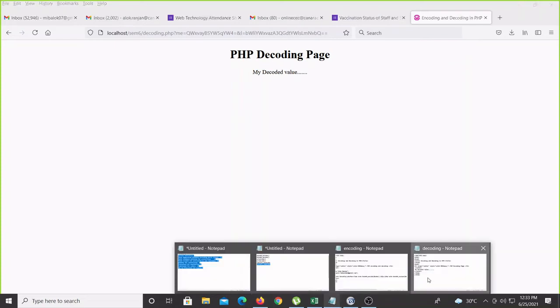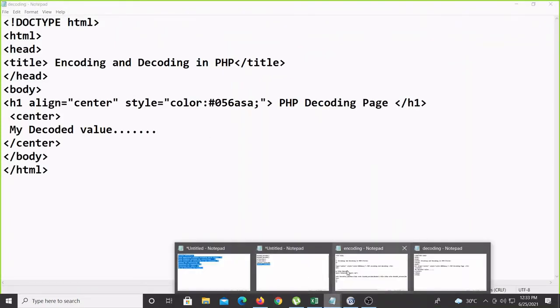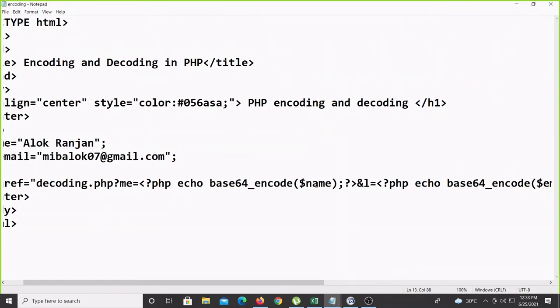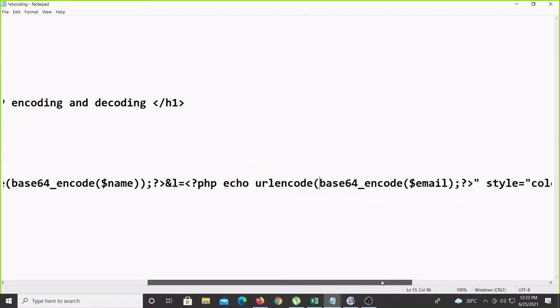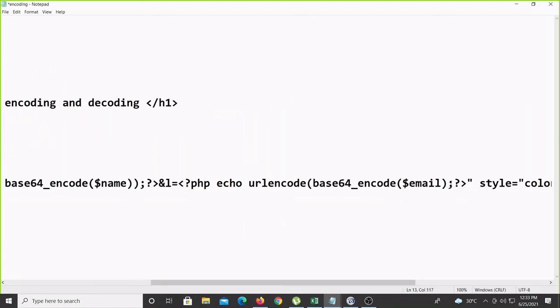If you want one more encryption you can use base 64 on this portion, and then you can use the URL encode also after the encrypted value, that is also possible. Okay, same way here URL encode whatever the value is, only we have to give the bracket.